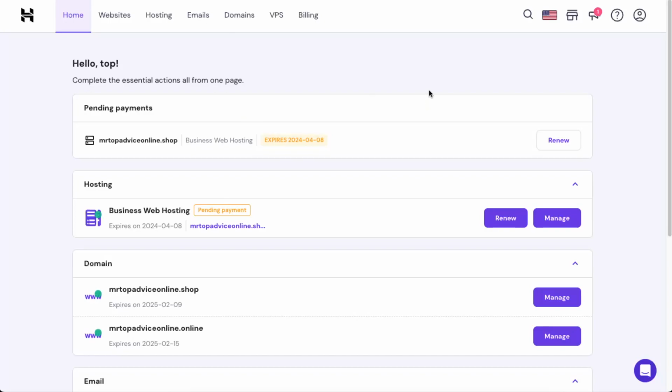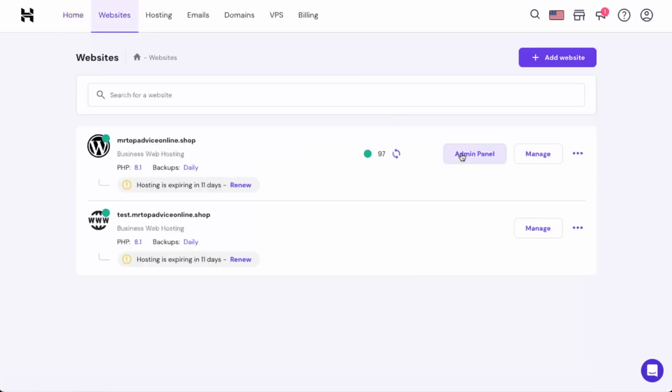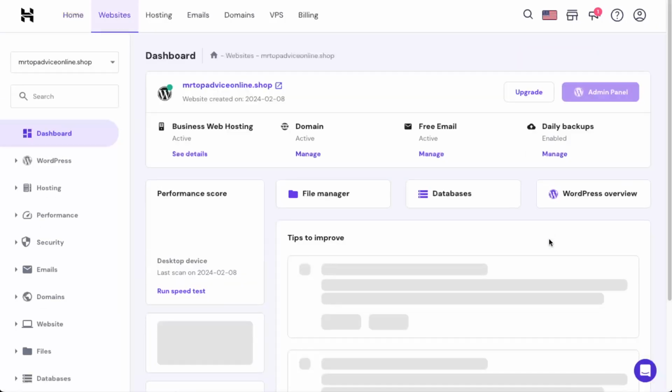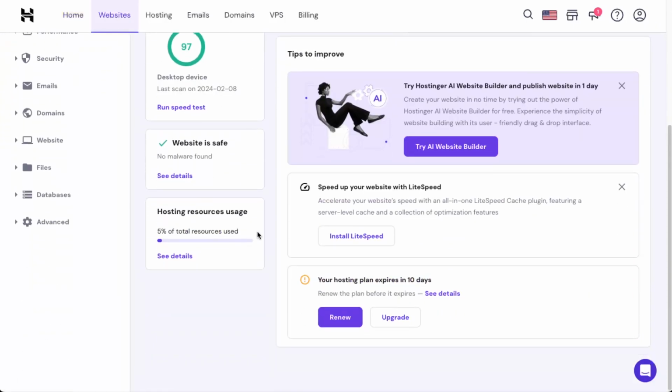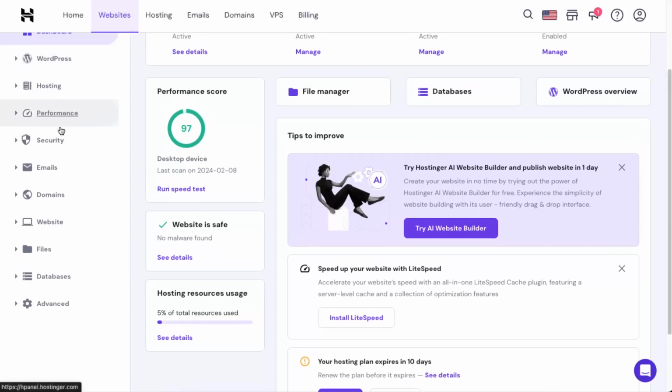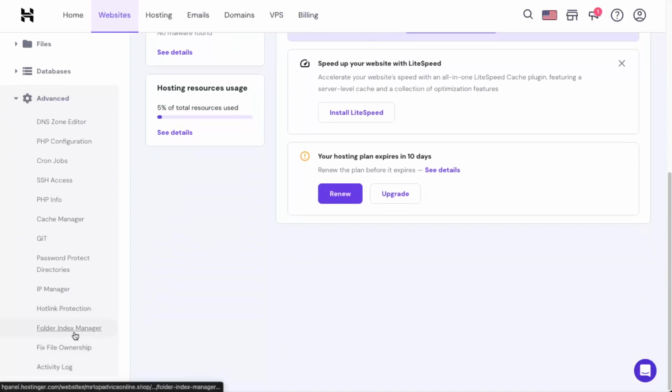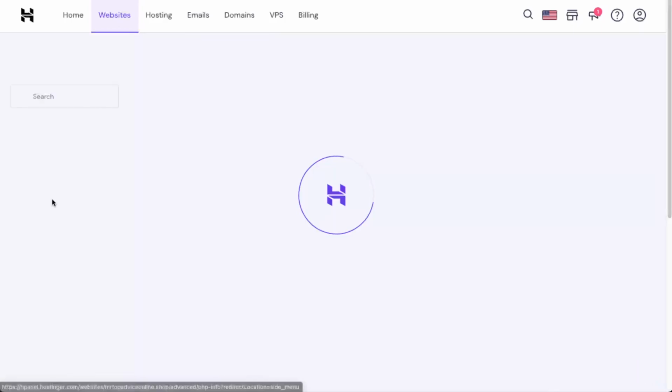So first of all, you want to go to your websites, and here you want to click manage, whichever website you want to manage. When you click manage, you're going to scroll down until you see advanced right here at the bottom. You're going to click on that, and here, as you can see, there's a lot of options. Like you can see your PHP information,